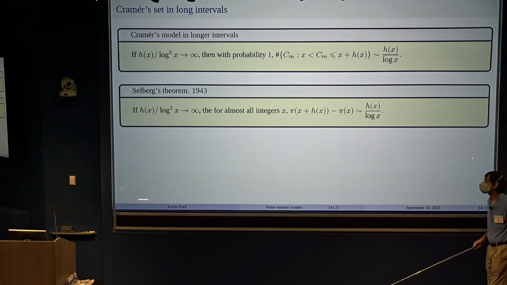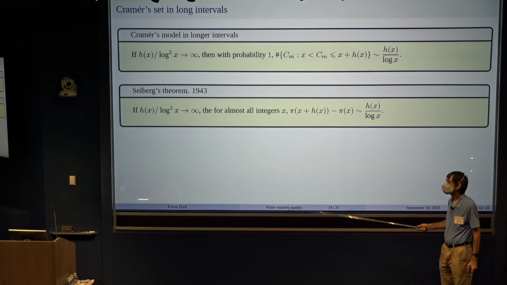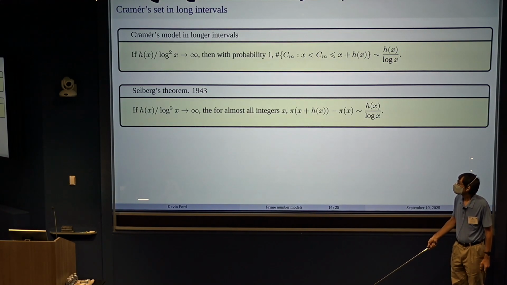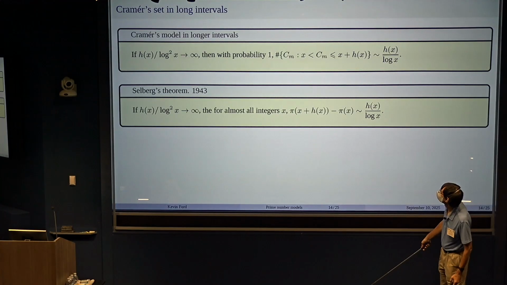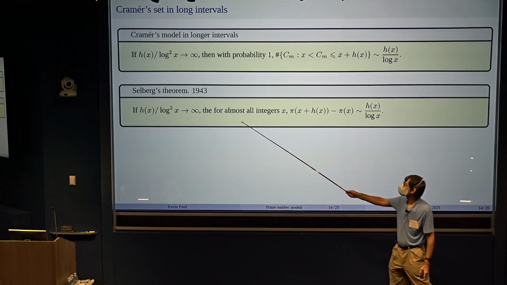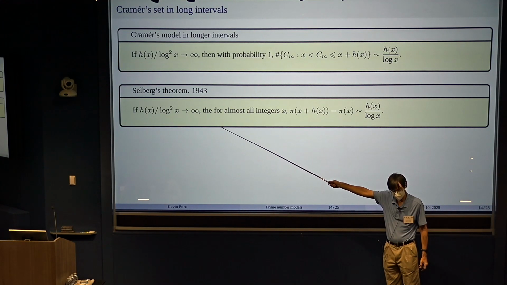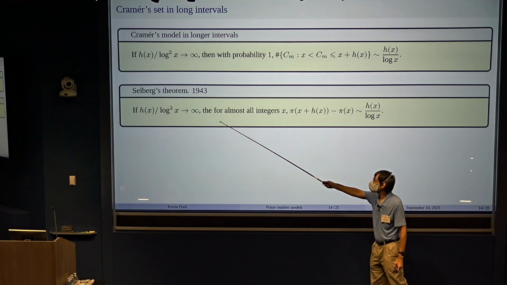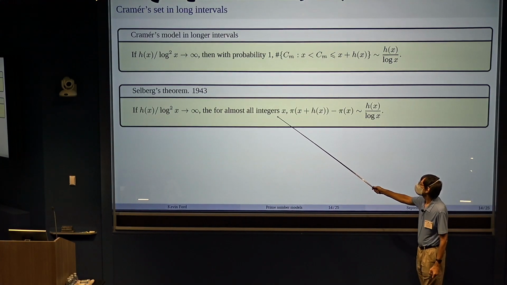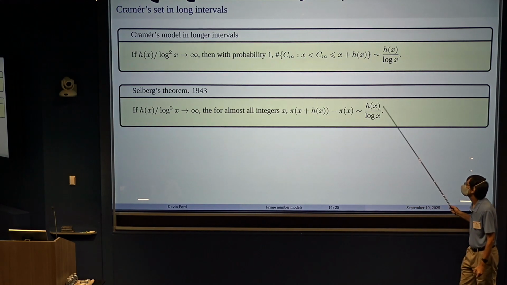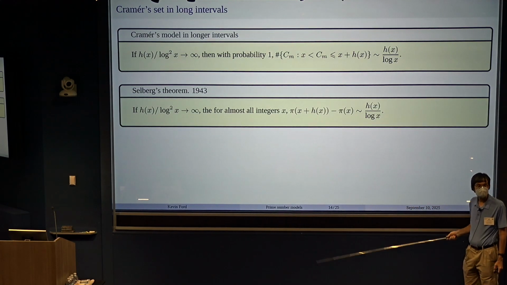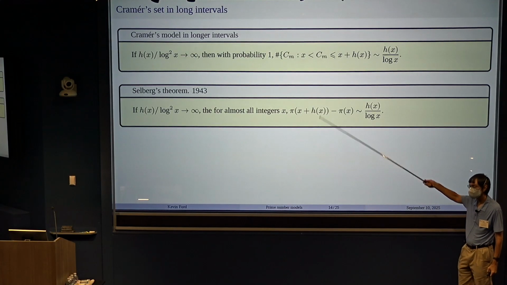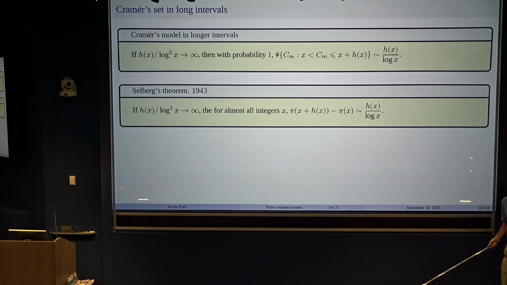Well, the good news is that in 1943, Selberg showed that, under the assumption of the Riemann hypothesis, for the same h, almost all integers have the same property for actual primes. So that's the good news, that it matches the Cramer model. However,